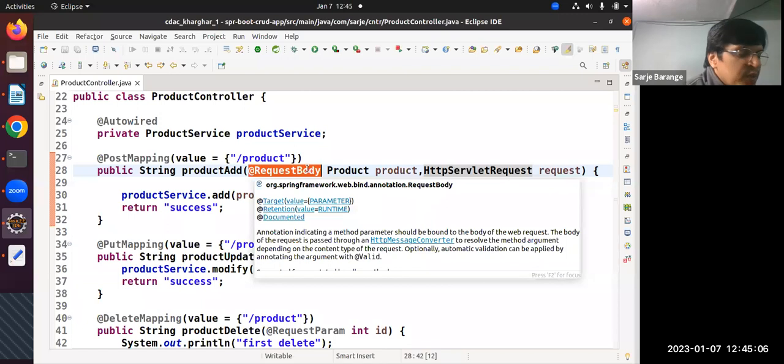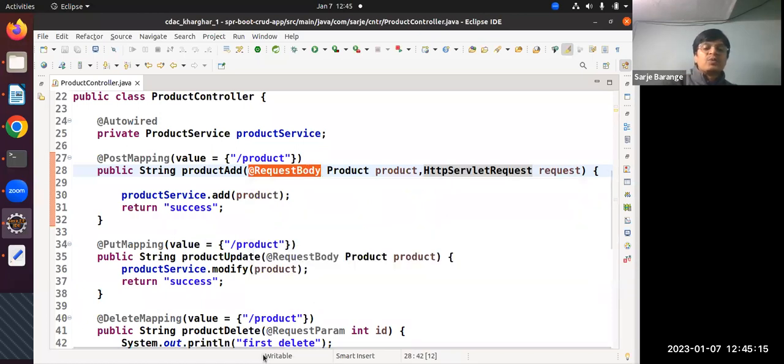Any question now? One question before I conclude. You told me that you are aware of React, and in React using Axios you can call the web services easily, correct? Yes, sir. So why don't you try this? In the assignment, whenever you get the time, first do these programs one by one, execute them properly, and after that, when you create any React application,